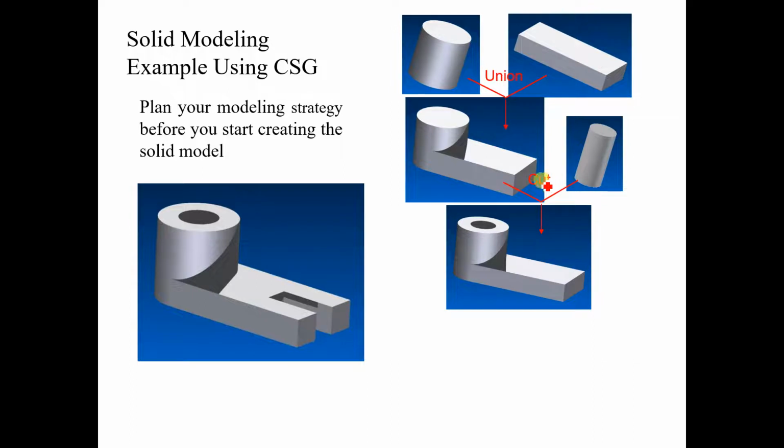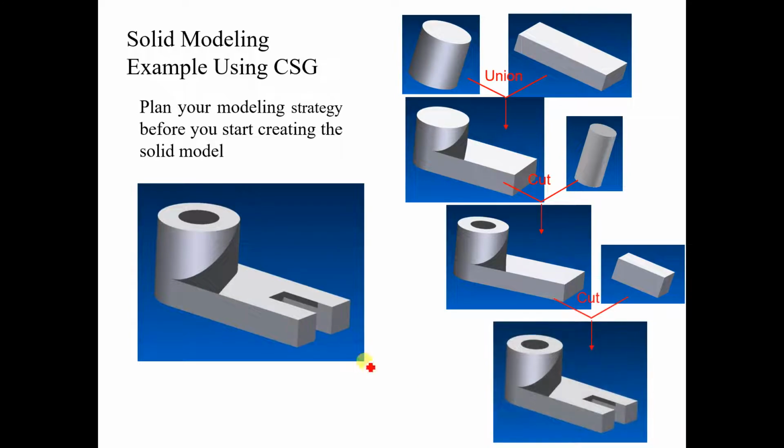Okay, from this we have to subtract this. In some software we will use a cut feature, or remove material, in some other software. Here in AutoCAD, for exercise 7, we will be using subtract. Next, another box we create and subtract from this object. Finally we will get this output diagram which we require. Okay, I think it is clear.